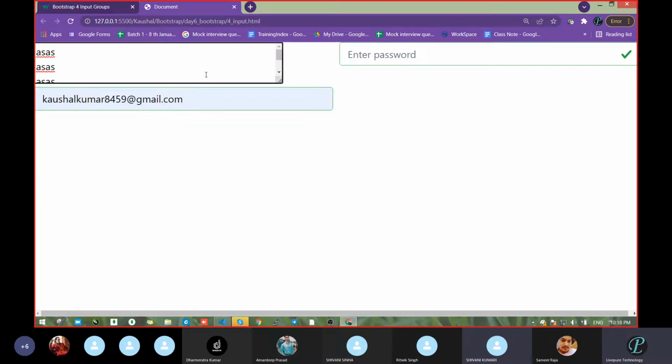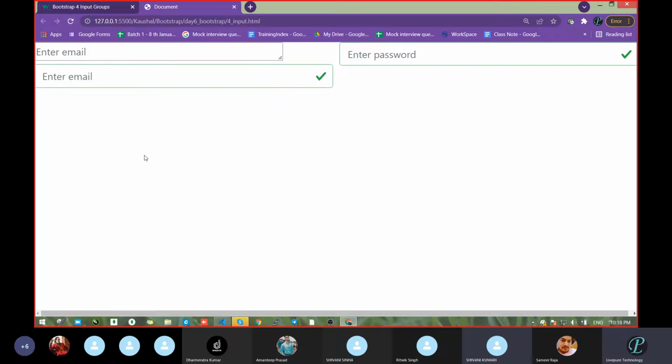When we pass this, we can easily verify that there is some issue. So my motto of writing this is: don't use anything anywhere. You have to use a particular input field at particular places. Clear or not?